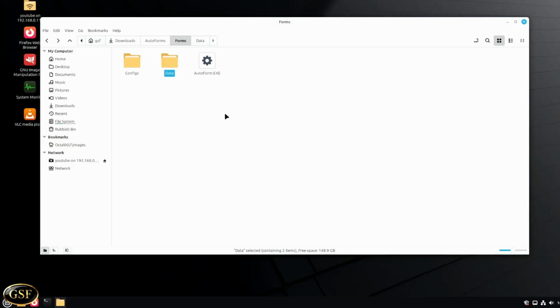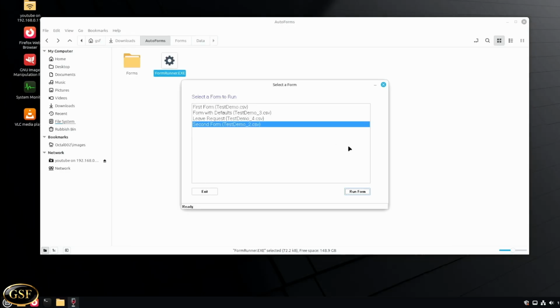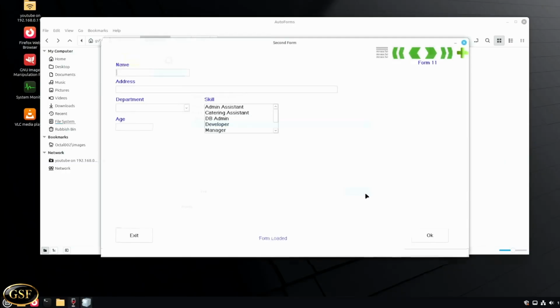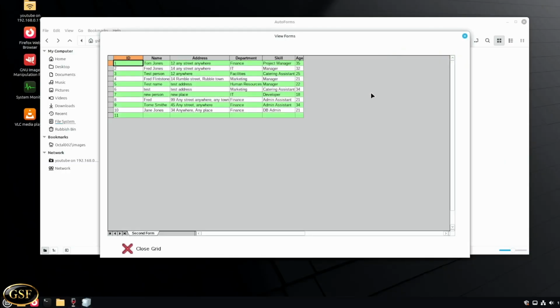So what we've proved is that we can run Windows applications on Linux. Using this particular application, we can create new forms without having to recompile the PowerBasic source code. So if we pick another form, we can run that quite happily. We can view the data,